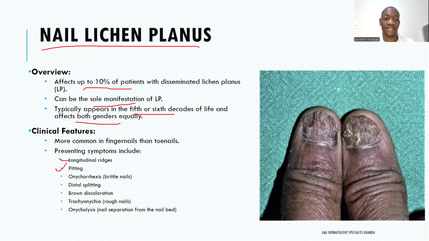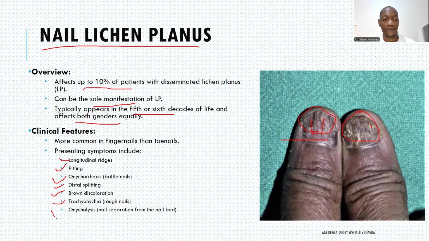You can also see pitting, just like in nail involvement in psoriasis. You can see onychorrhexis, which is brittle nails that easily break. As you can see in this picture here, these nails are not growing, they are easily breaking. They have these longitudinal ridges, and then they have this violaceous hue. And then you can also get the distal splitting. You can get brown discoloration, as you can see here. Then you can also get rough nails with what we call